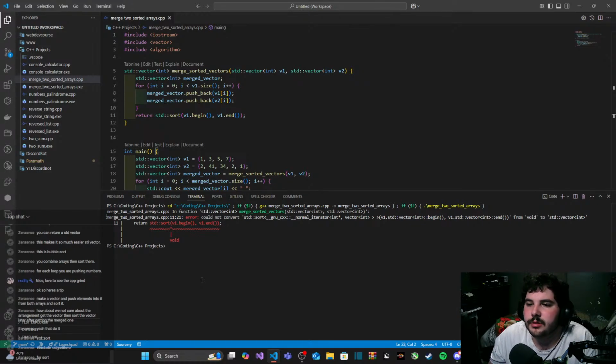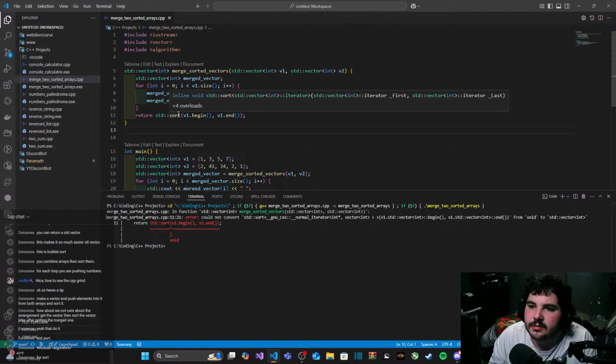Oh shoot. Okay. Is that not a vector on its own? Okay, it's a void.